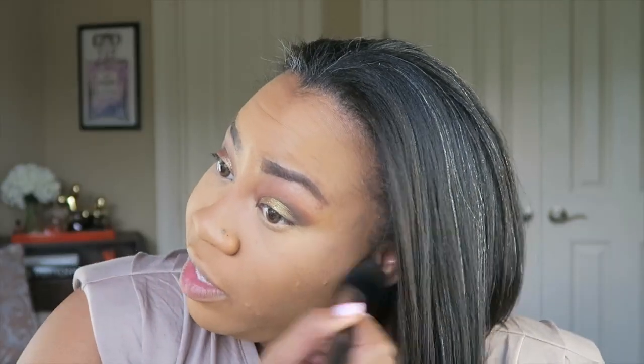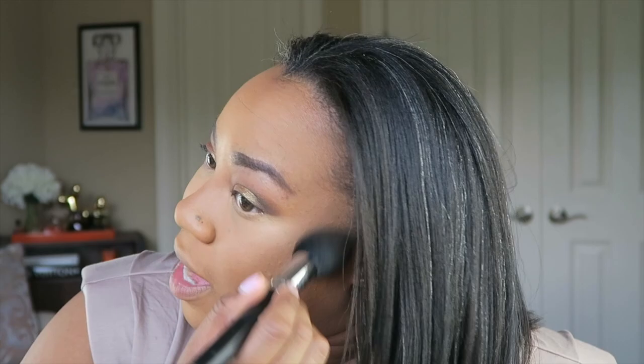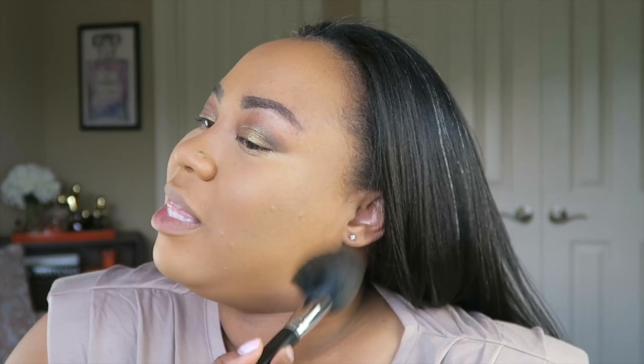And this is my Charlotte Tilbury bronzer. I really love everything Charlotte Tilbury. Her Magic Cream is my favorite nighttime moisturizer. I didn't like her mascara. Y'all know I'm always gonna be honest. My mom purchased this for me. We both tried it out. My mom liked it, but my mom has different lashes than myself. So I didn't care for it, but she does like it. Bronzer just gives my face some life,